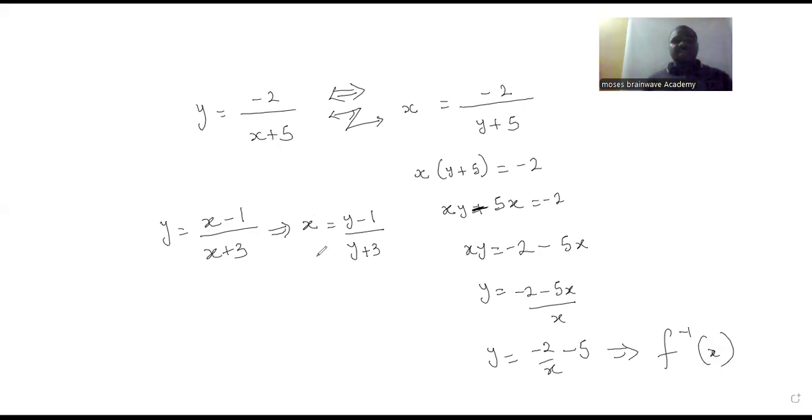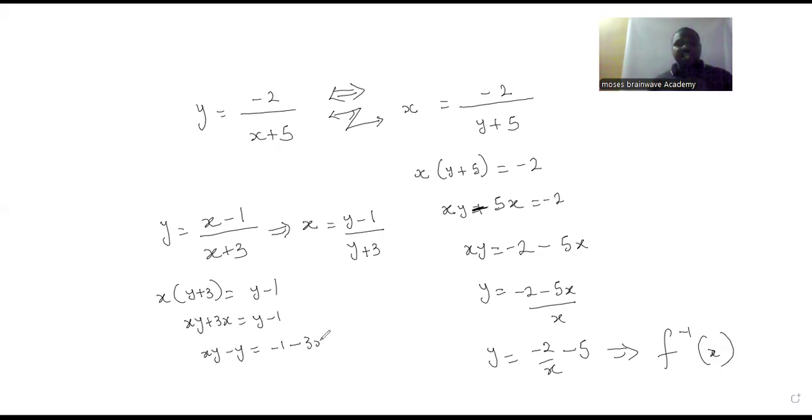Cross multiplying, I'm going to get x into y plus 3 is equal to y minus 1. So I have xy plus 3x is equal to y minus 1. If I am collecting like terms over here, I'm going to have xy minus y is equal to minus 1